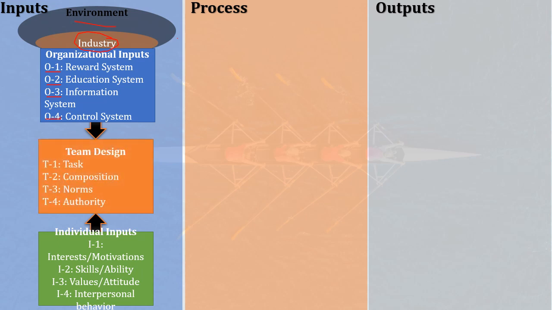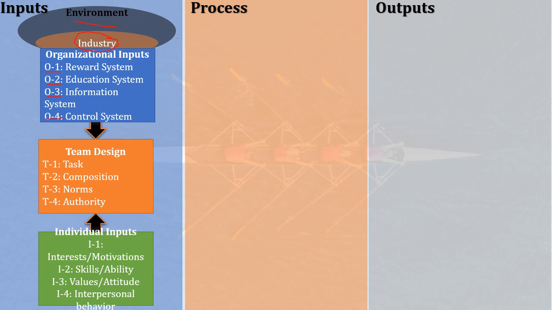The third input is team design. That means what is the composition of the team, or how is the team designed here. So first, whenever we design a team, we take into consideration what task the team should perform. Based on that we select the team. Then based on the task we select the composition. That means the members who can complete this particular task, only those members are selected in that team.